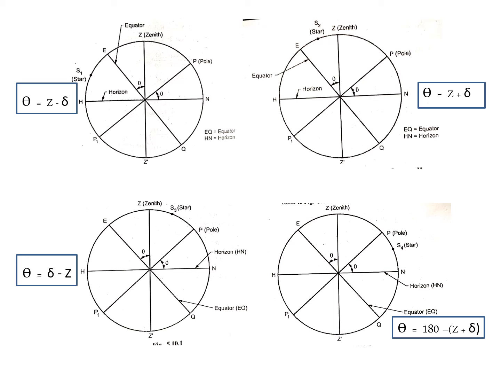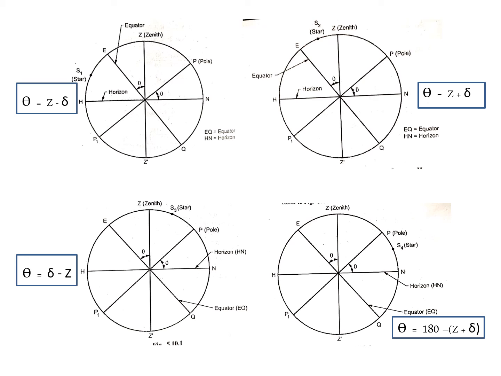This is very simple. What is delta? It is the declination. What is the declination? Declination is from the equatorial coordinate system. That means you have to measure with respect to the equator. Now you may see that this is your equatorial plane. The delta will be from the E point to where the star is coming. Definitely you may not be able to measure, or see, sorry, you cannot see